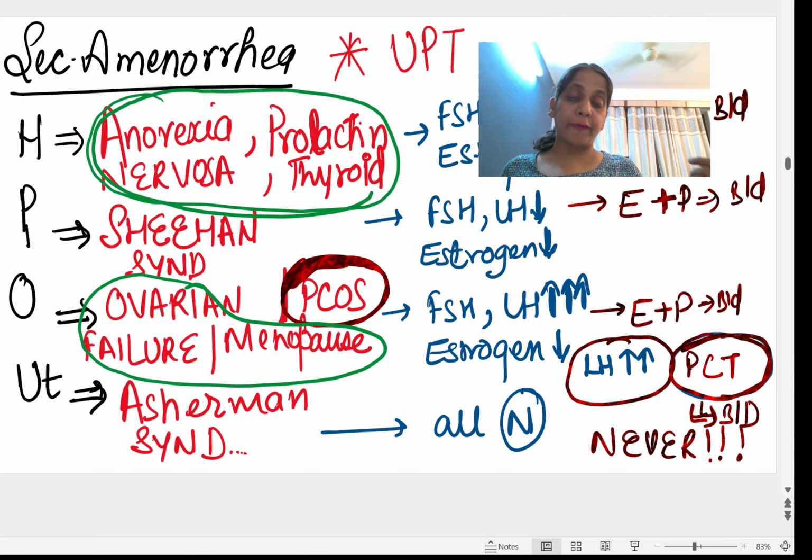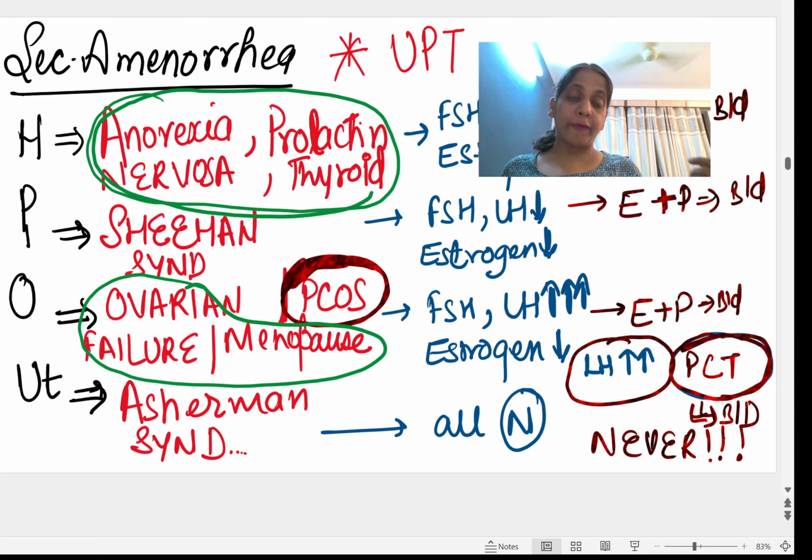In all the cases of hypothalamic failure, pituitary failure and ovarian failure, all of these patients will bleed, or periods will come to them, when we give estrogen and progesterone, because the uterus is functional in hypothalamic, pituitary and ovarian failure, right? Only the hormone production was not there, but the uterus was functional. So when we have to differentiate that the uterus is